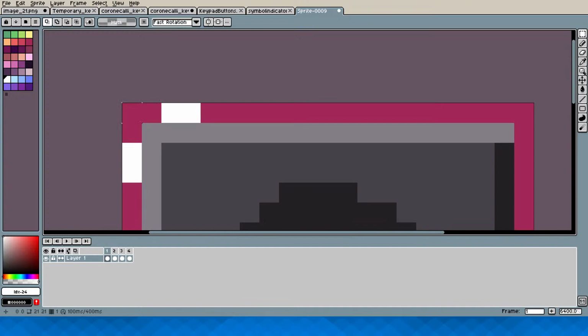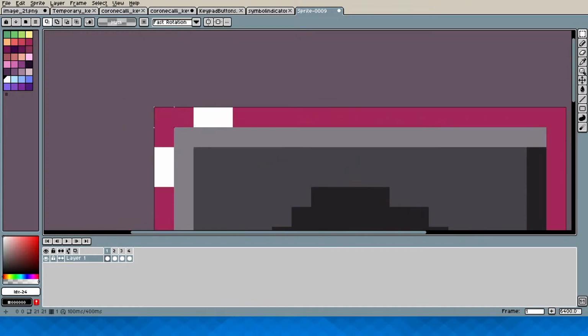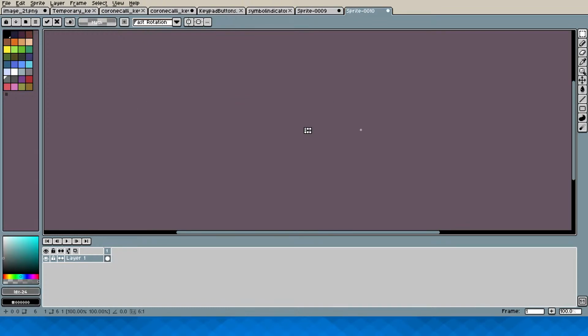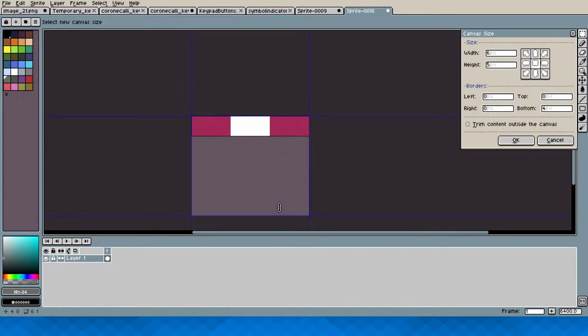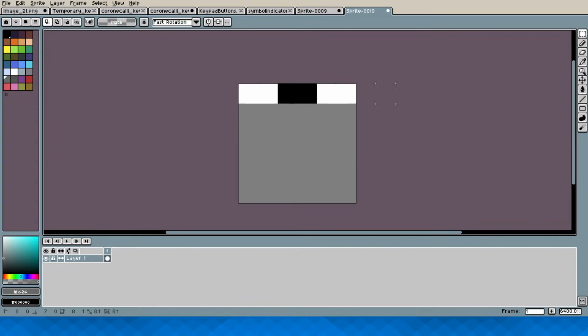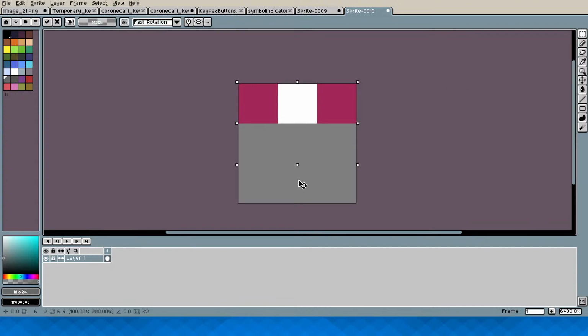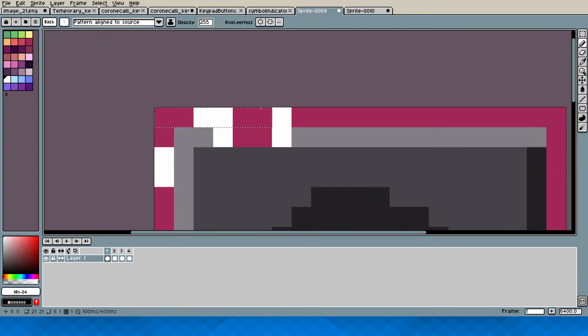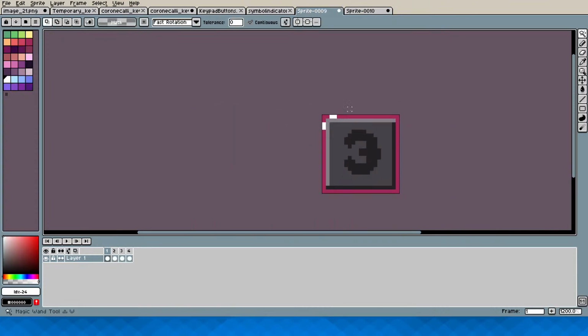I can turn this into some kind of pattern. Yeah, let's do that. So make that 6 by 6. And just copy this. Right. So I'll just select this.